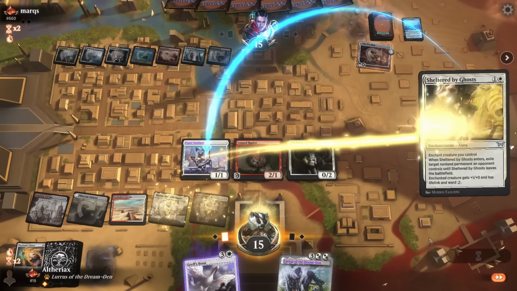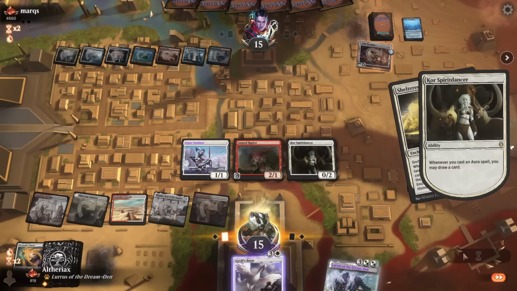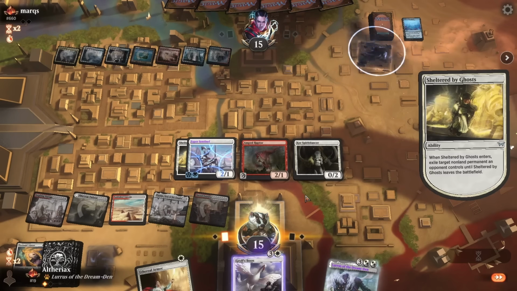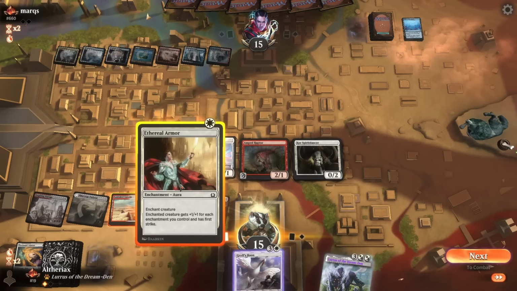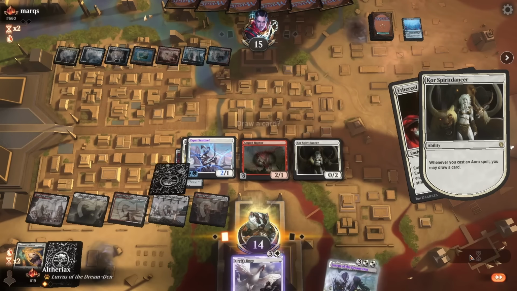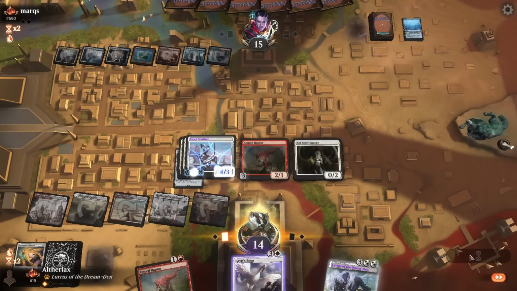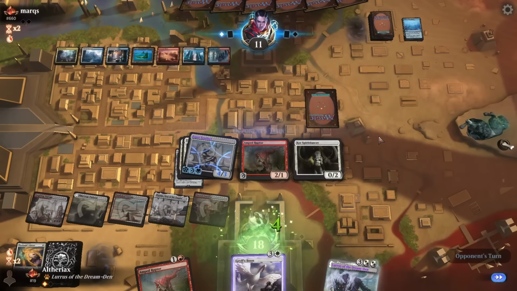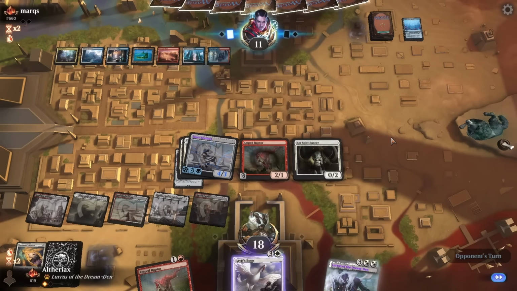And then we can Shelter by Ghost, taking out the One Ring, which is kind of risky, because if the Esper Sentinel dies, then they get the ring back, and they also don't take as much damage off it. But honestly, at this point in the game, when they're at 15, I think it's more relevant that they're not drawing four cards every turn, rather than taking less damage off the ring, if that makes sense. Now, obviously, in this spot, we're very vulnerable to a sweeper, but you can't